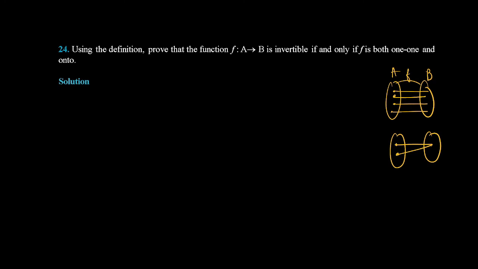अब मुझे बताना है कि अगर मैंने many one ले लिया तो क्या फंक्शन इन्वर्टिबल हो जाएगा क्या? जब भी मैं many one फंक्शन लूंगी क्या फंक्शन इन्वर्टिबल होगा? नहीं होगा. क्यों? क्योंकि A टू B तो फंक्शन डिफाइन हो रहा है, लेकिन जब B टू A पे बात आएगी, क्योंकि B टू A फंक्शन क्या होगा? इन्वर्टिबल फंक्शन होगा. जब B टू A में कंसिडर करूंगी तो फंक्शन ही नहीं बनेगा मेरा, क्योंकि एक ही एलिमेंट की दो इमेज मिलेंगी ना. एक ही एलिमेंट की दो इमेजेस ले ली, जो कि फंक्शन की डेफिनेशन में ही पॉसिबल नहीं है. तो इसका मतलब मैं मेनी वन कंसिडर ही नहीं कर सकती इन्वर्टिबल फंक्शन के लिए, राइट?